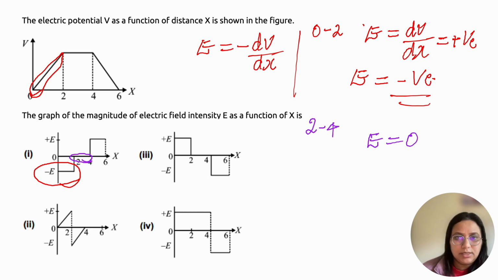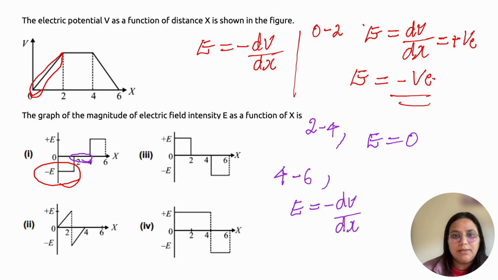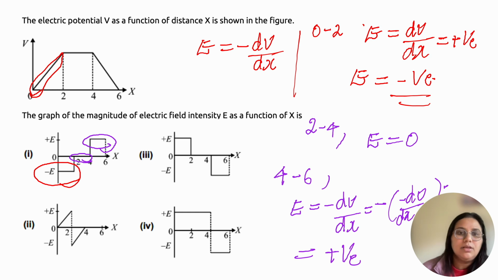And the third region, from 4 to 6, you can see that here the slope is negative. E is equal to minus dV divided by dx, so you get a negative slope, and the slope is constant. What happens if you put this back in the equation? Minus of minus dV divided by dx, so you get a positive value for the electric field. So the electric field will be positive for this region. So the correct option is this one,